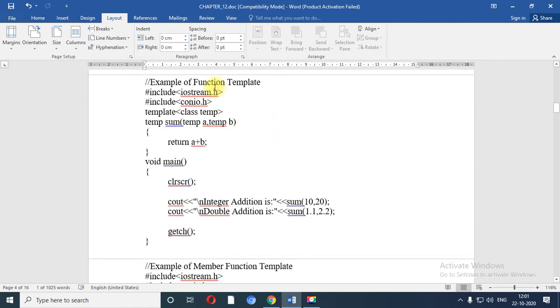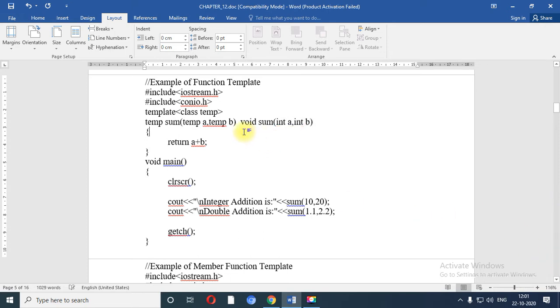Now the second is called function template. Function template means UDF. So how is a UDF created? See, for example, int sum with integer A, integer B, right?